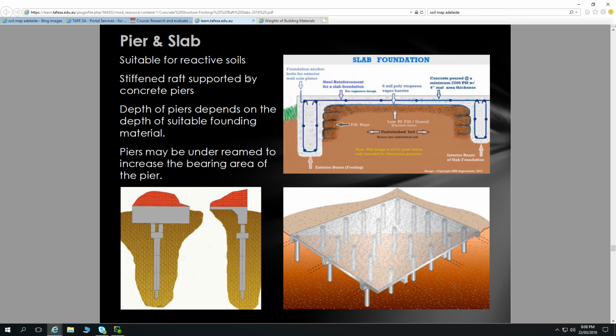Pier and slab is suitable for reactive soils, and as I mentioned previously, not all reactive soils, so it does depend. The depth of piers depends on the depth of suitable founding material. Also, there's another situation where you use pier and slab, so we've got reactive soil, but a far more common scenario is